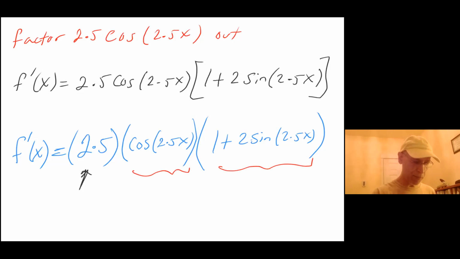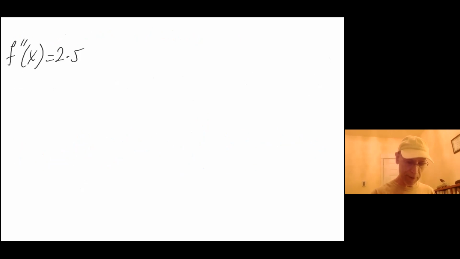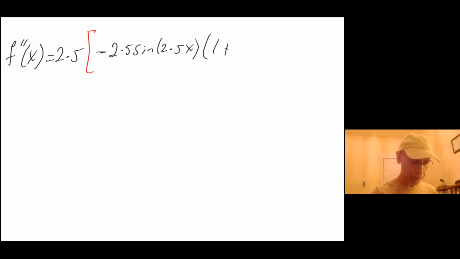So I have the second derivative equals 2.5, then I have minus, the derivative of cosine of 2.5x is minus 2.5 sine of 2.5x, and we are multiplying that by 1 plus 2 sine of 2.5x, and that plus,